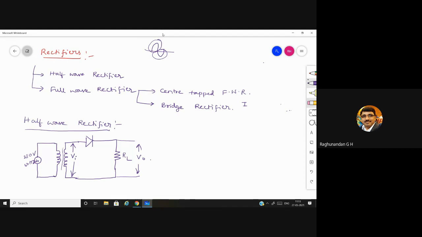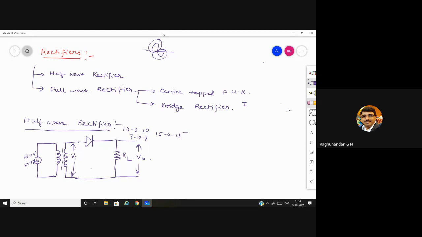So there are different ratings of transformers available, like 10-0-10, 7-0-7, 15-0-15. That means if it is 10-0-10, then this indicates that if you're using a single diode, your output will be around 10 volts. That means whatever input is given is 10 volts. If you are using two diodes, then for each diode, the input given will be 10 volts, so totally the output will be 20 volts. So based upon the requirements, we are going to choose the transformers.